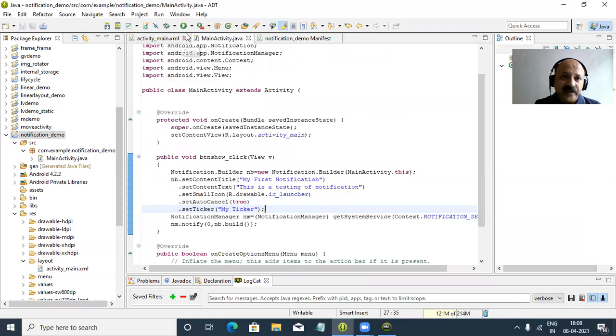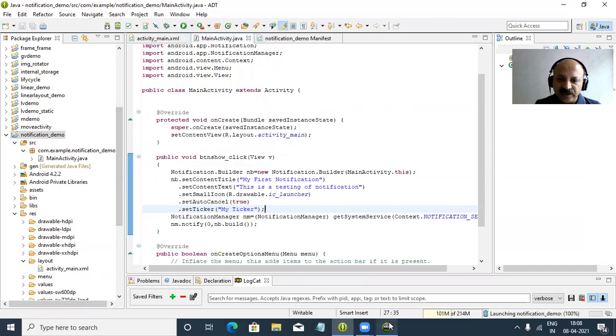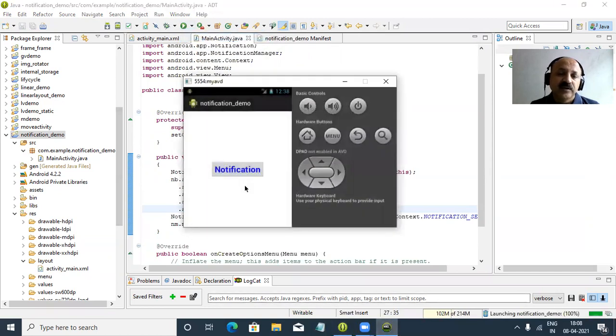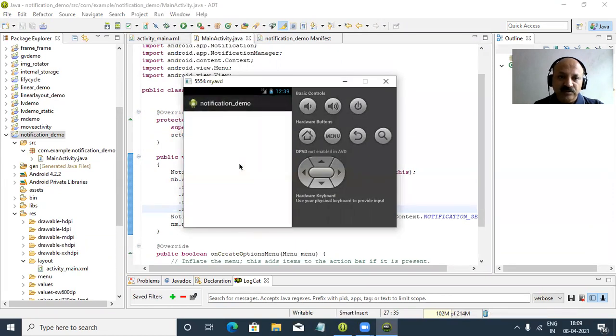And now I run again. So let us use this button and see how the ticker comes. After that we can see the ticker, and we can go to the attachment in notification. So let us wait a short time, and our output now appears, and you can observe one flash for a very short time, like in a toast class we can use print out, and after that it disappears.